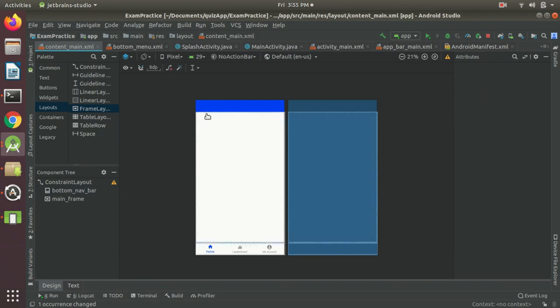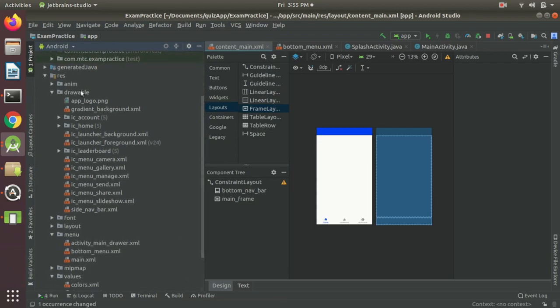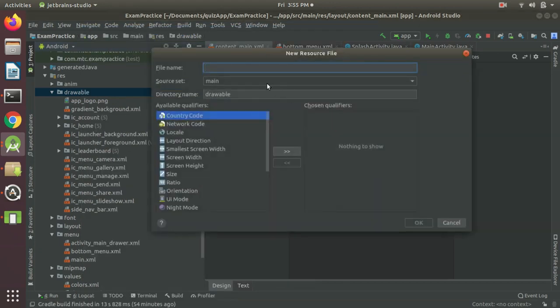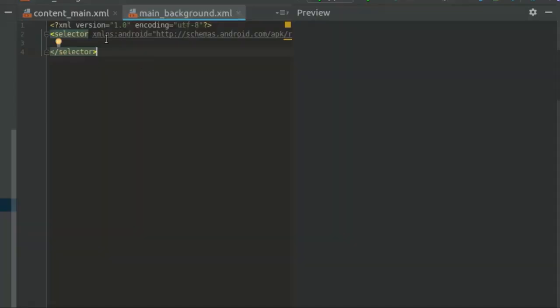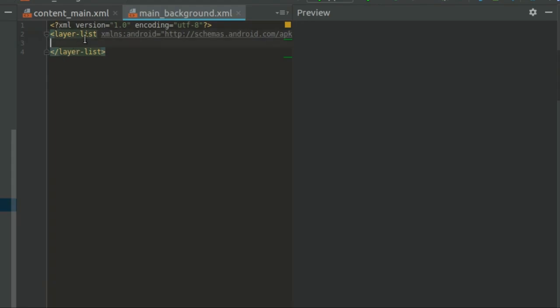So we need to set its background also. So now go to the drawable here. Right click on this and create a new drawable resource file, and set its name to main background. Click on OK. Now we have a main background file. Now here, instead of selector, we need a layer list. So change it to layer list, and then